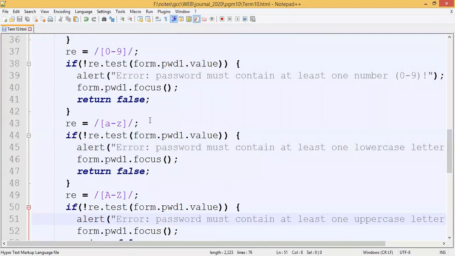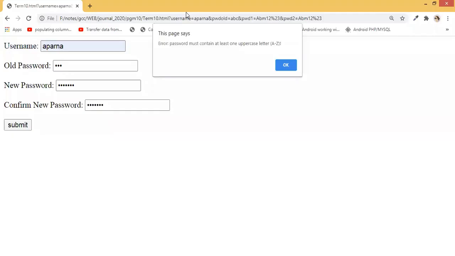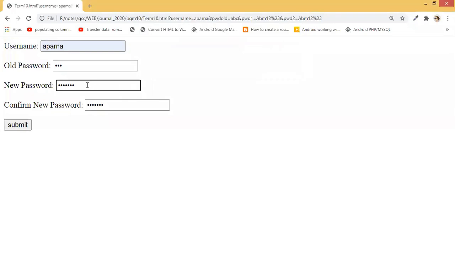Now here we have one more pattern wherein we check for lowercase letters. This condition is already satisfied, so that is why we did not get this alert, because the new password that I have entered here is already in lowercase. I had entered APARNZ in lowercase. So now once I enter a capital A,